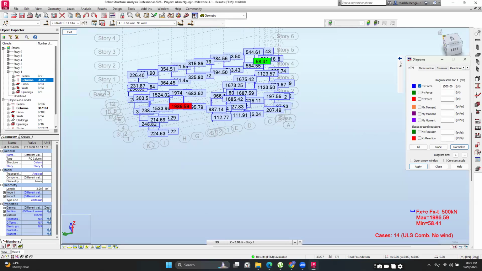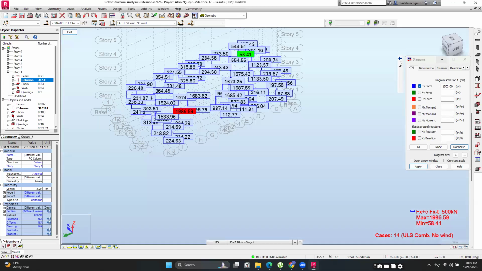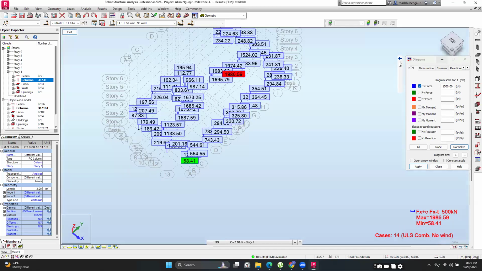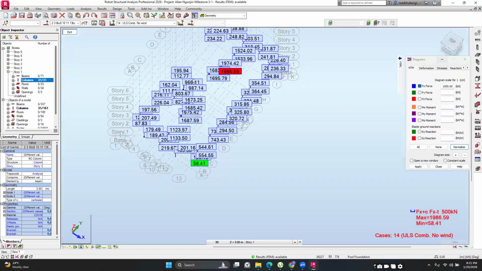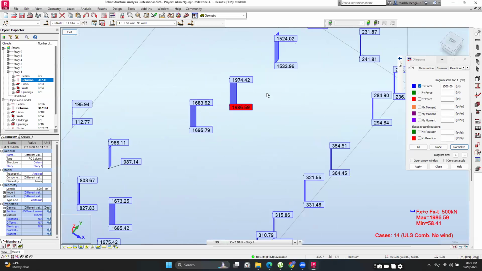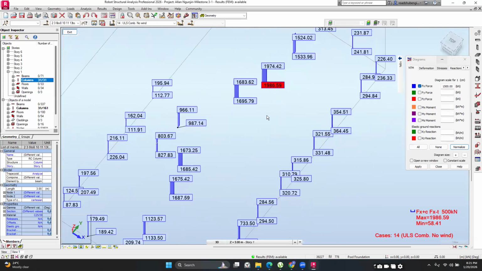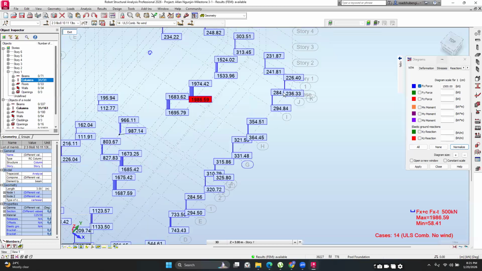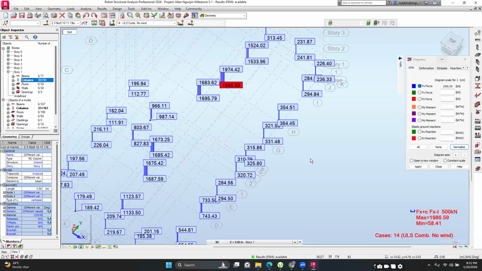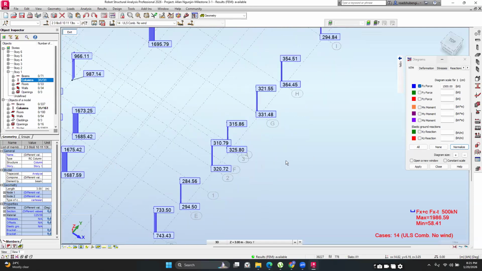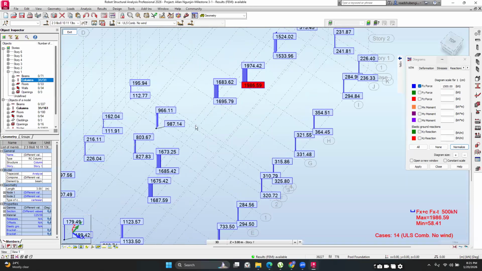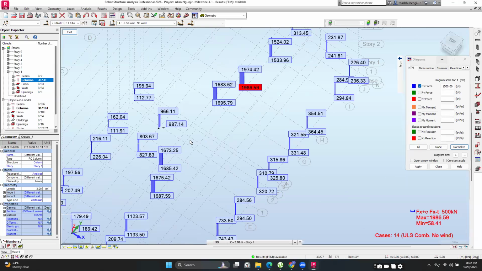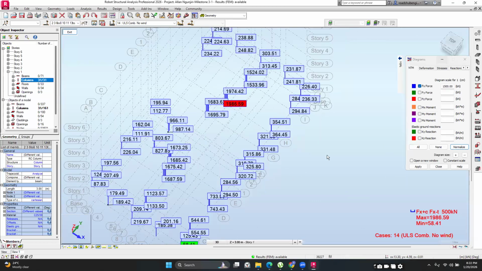So this is what I was saying. For the columns near the centers of the building, they are going to be experiencing a lot of axial loads. You expect most of your axial loads to be here. And then for the columns on the outer edge, they are not going to be experiencing a lot of axial load. They may not experience as much axial load as the ones inside,